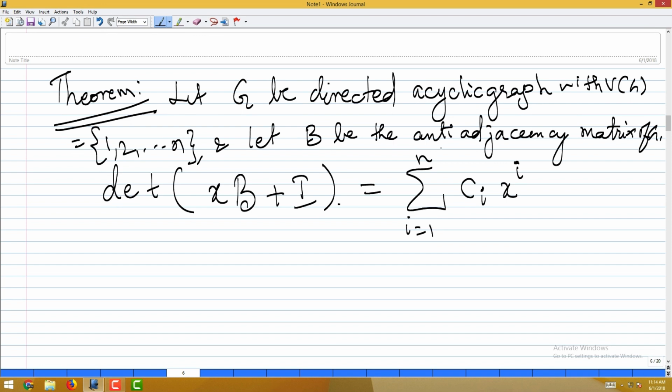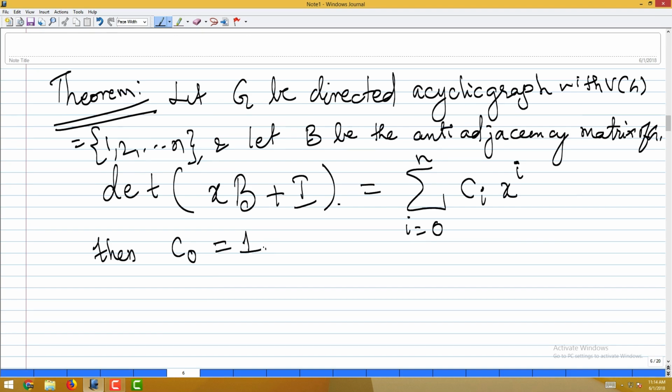In fact, it is a polynomial of degree n, meaning we have n plus 1 coefficients. So, I should also include that: i equal to 0 to n, the constant term is there, plus n powers of x will be there. So, then C naught, the constant term, is going to be equal to